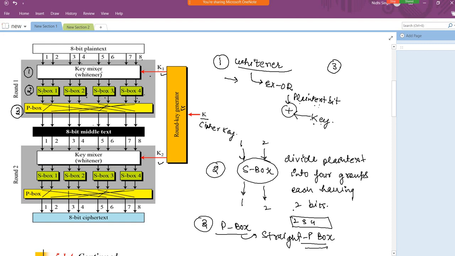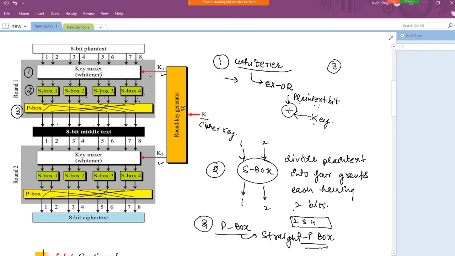अभी बस कंसेप्ट समझो कि एस बॉक्स से जो भी मेरा आउटपुट आएगा वो पी बॉक्स के अंदर परम्यूट हो जाएगा, और आफ्टर द परम्यूटेशन, because I am using the straight P-box, the number of inputs and the number of outputs will be the same, the number of bits in the input and the number of bits in the output will be the same.